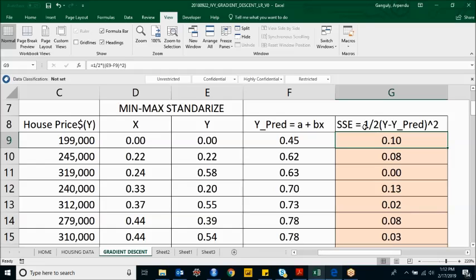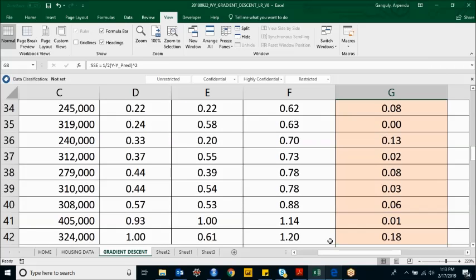Now, if I want to go to the error, what is my error? Y minus y hat. And what is the minimization problem? Minimizing the sum of square of errors. So y minus y hat predicted whole square and then 1/2. Now why have I done this 1/2? Because gradient descent is a differentiation problem. Having this 1/2 helps me solve the equation more simply. So when I do delta SSE by delta A, which I'll show you below,